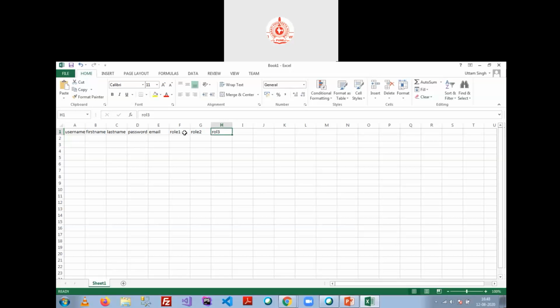But please mind that the spelling should be correct for these things, otherwise during the uploading of bulk users it will create an error. I'm just going to delete these other two roles because I don't suppose every user must have more than one role.